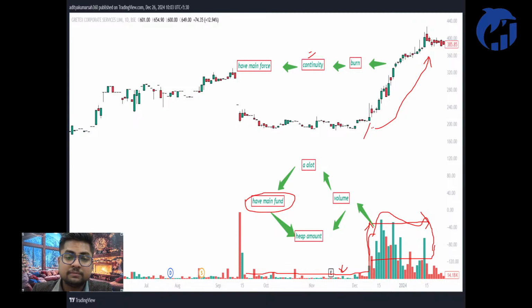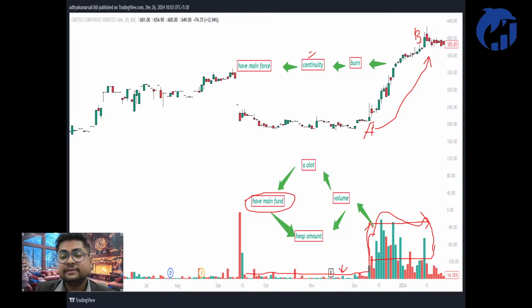Suppose we mark from A to B. From A to B, we can confirm the presence of main funds, and this is also the cost for the main fund. So I hope you are getting a clear idea of what a main fund is. It started increasing, it's making a very good pattern, and it's showing the